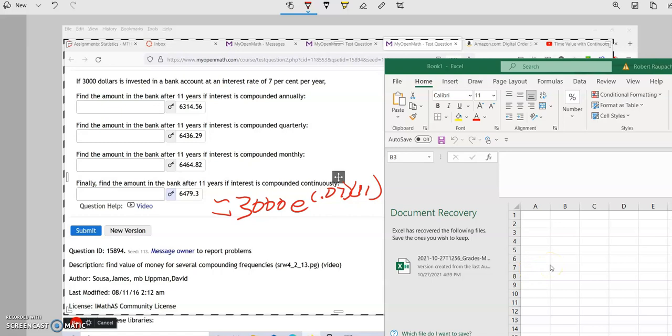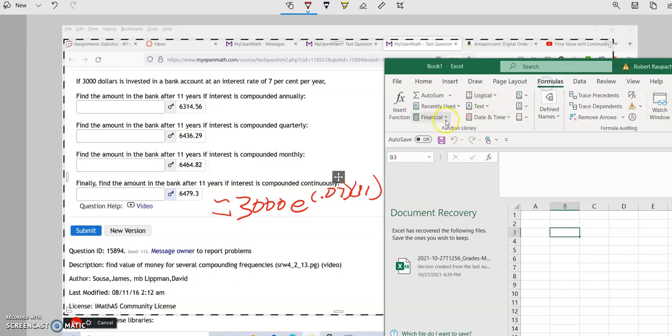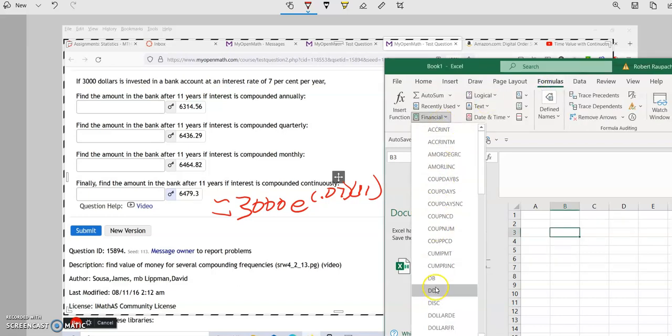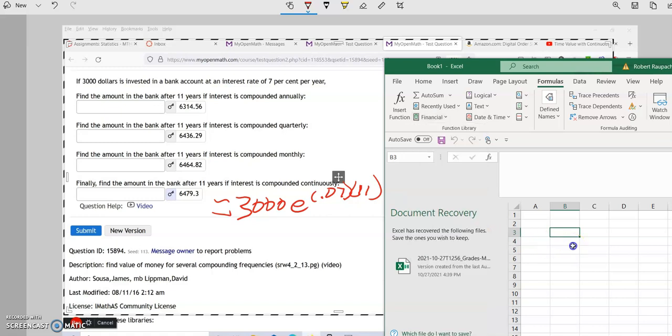Okay, I'm going to show you how to do these in Excel. It's so much easier. The only thing you have to make sure, go to your student portal and make sure that when you hit your formulas and grab Excel or whatever Excel version you have, when you hit your formulas button and then go to financials, these drop downs are there, okay? If they're not there,